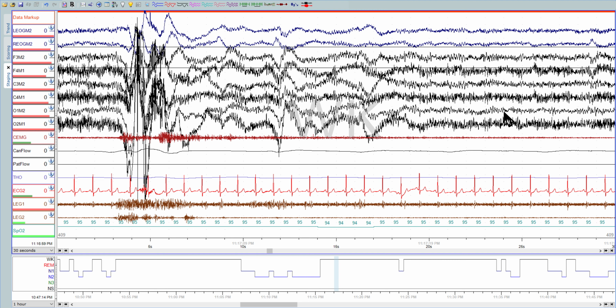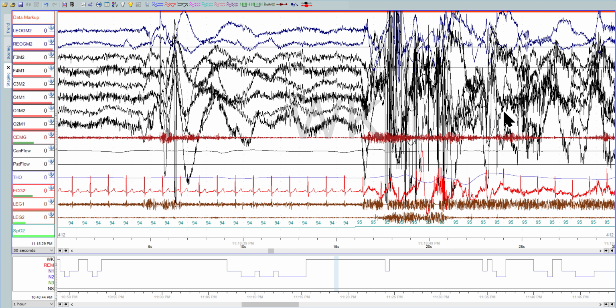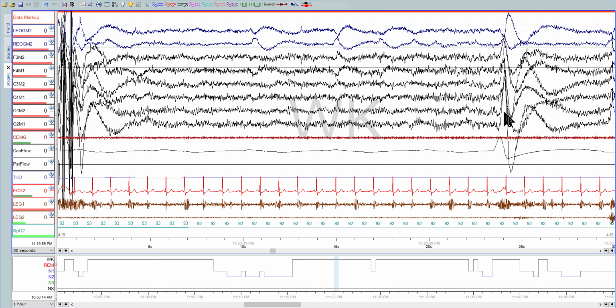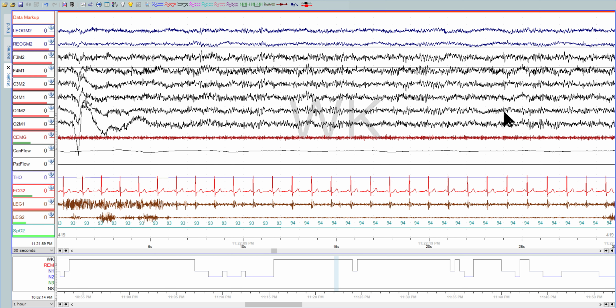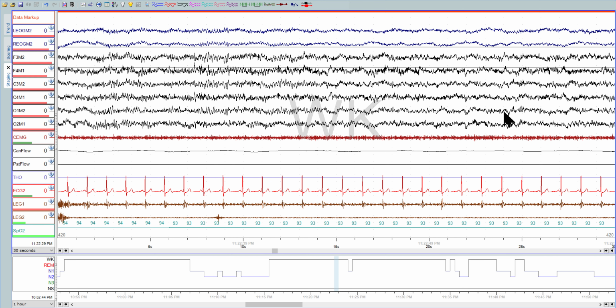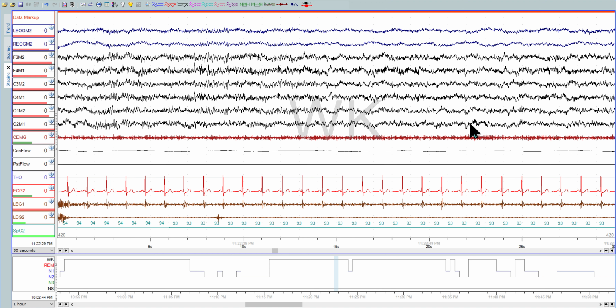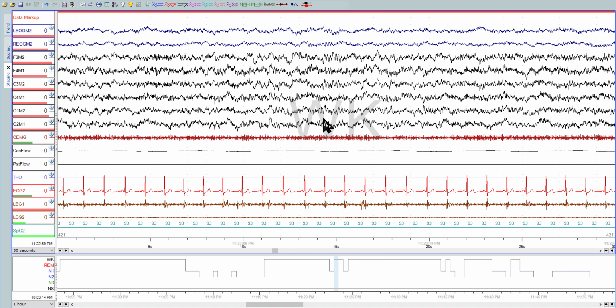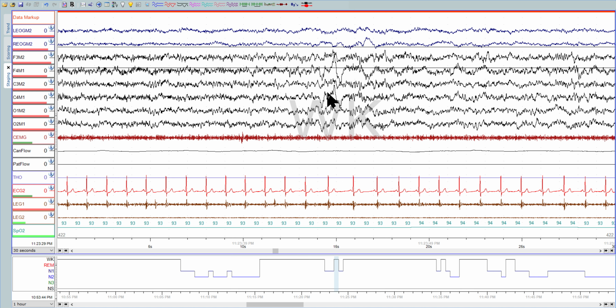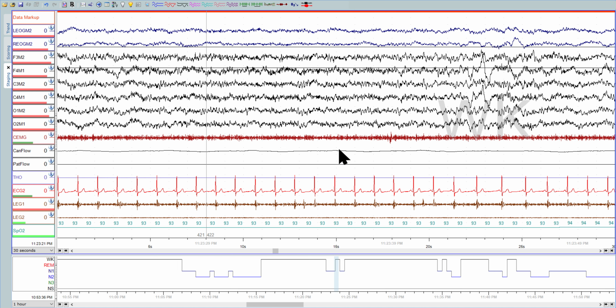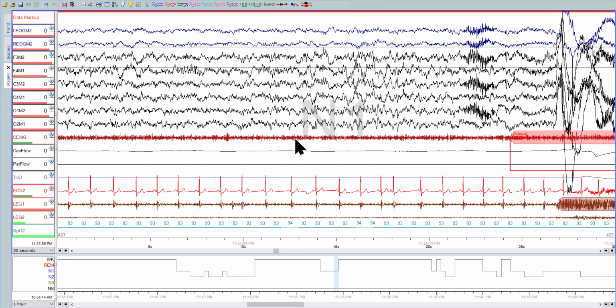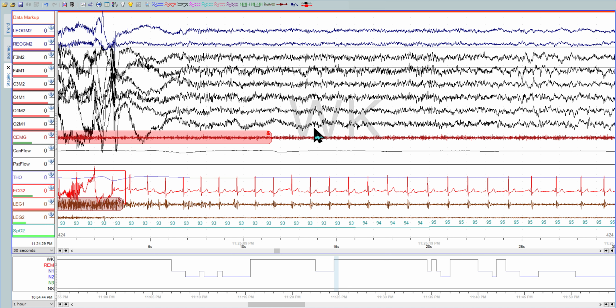Wake, wake, wake, wake, wake. Good. That's getting close to 1. I think this is 1. Compare with the last epoch, I think the alpha frequency kind of stopped here. So I think this is 1, and this is 1, and then this is 1, this is 1, and then wake,